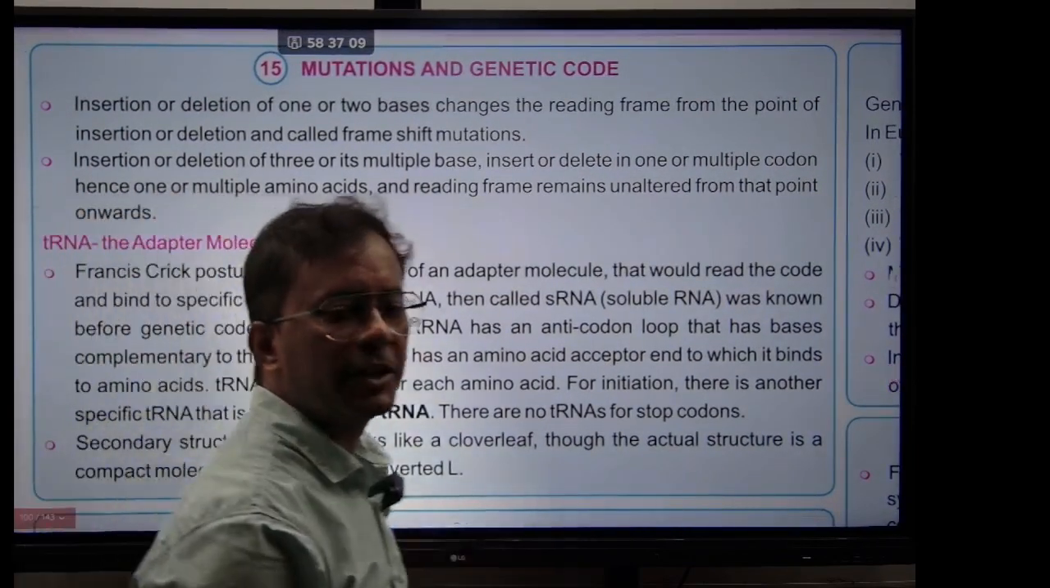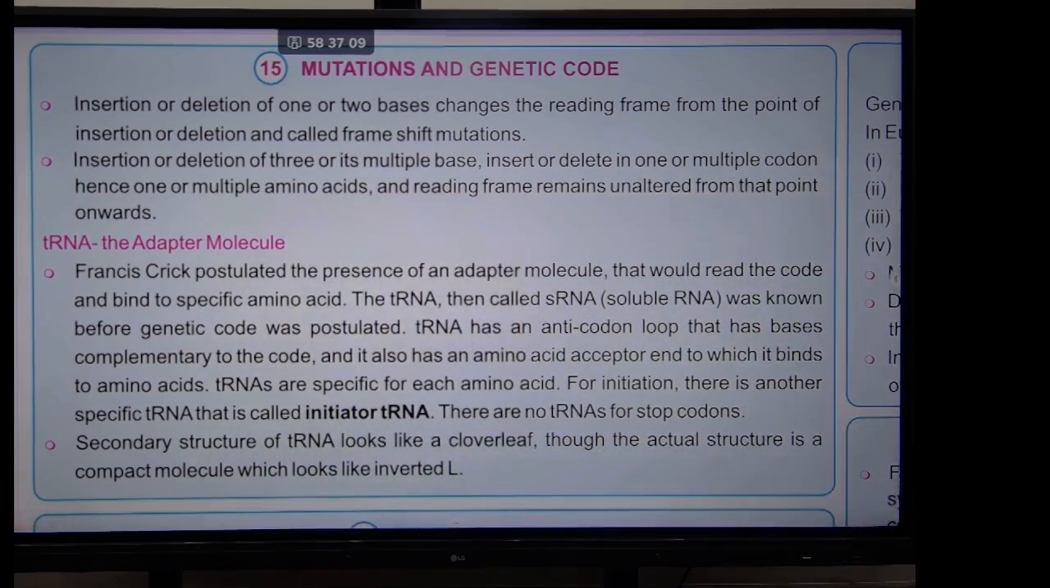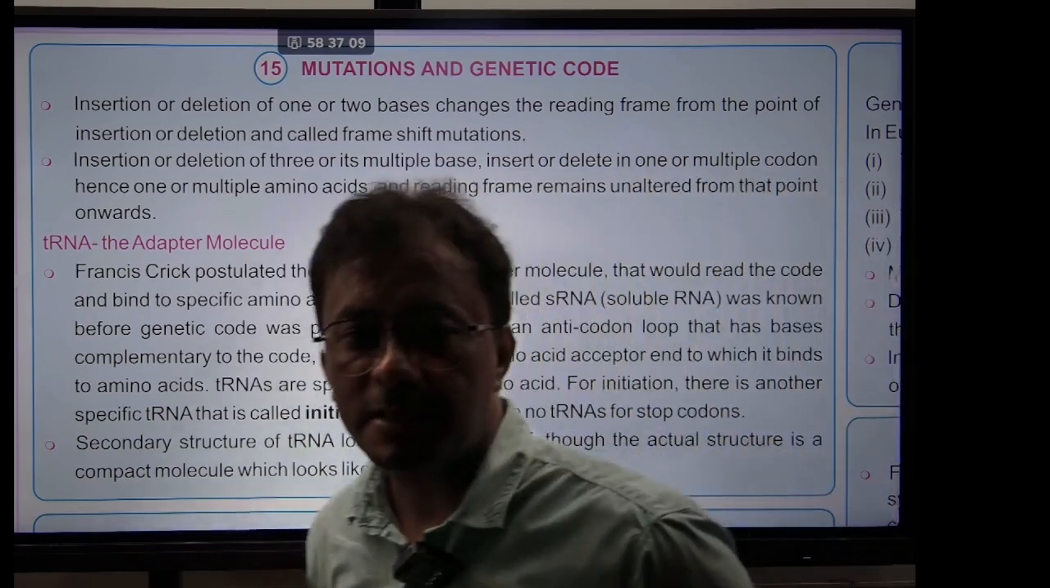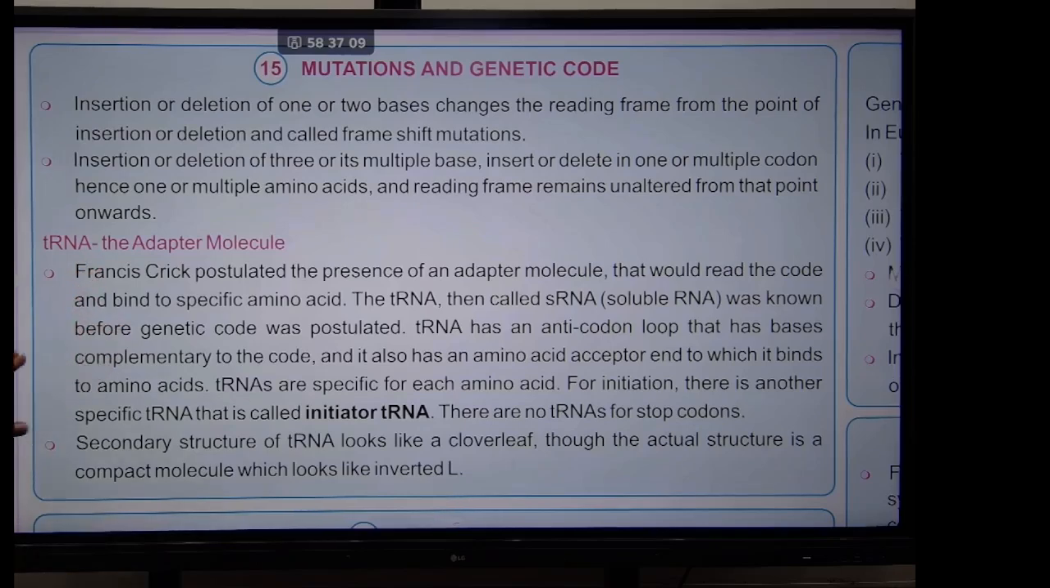What is a mutation? Simple, in one or two words, guys. Can someone tell me what a mutation is? A change in the genetic code, correct? Insertion or deletion of one or two bases changes the reading frame from the point of insertion or deletion, and these are called frame shift mutations. For example, you see, guys,